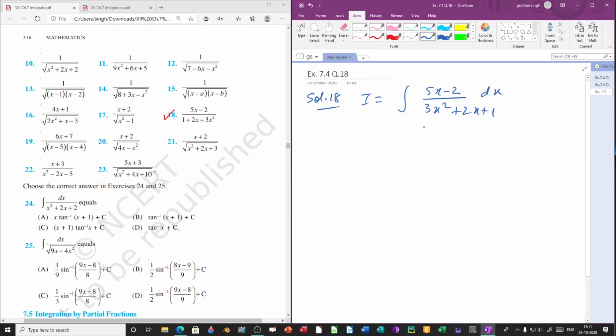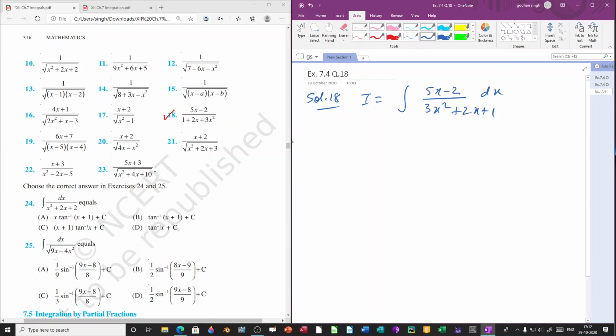Now here suppose we take the denominator as t, the differentiation of that will be 6x plus 2, so that is not in the numerator. Also we see that this is of the form where a linear polynomial is in the numerator and a quadratic polynomial is in the denominator. So we have seen the form of I equal to integration of ax plus b over px square plus qx plus r. So it is of this form. So just by seeing the question, we should be able to know which kind of form it is. It will be easier for us to integrate when we identify the type of integration.